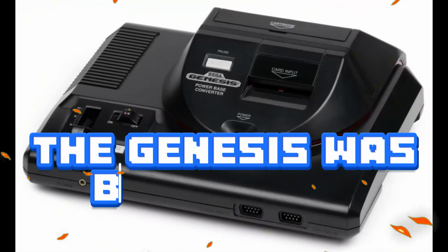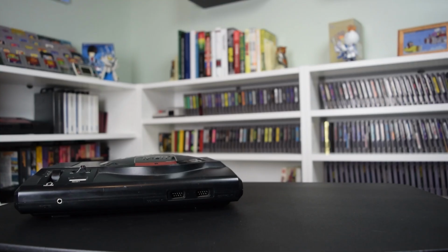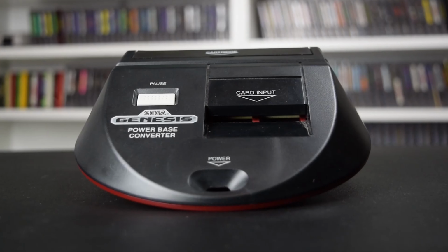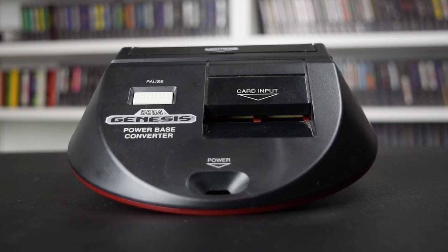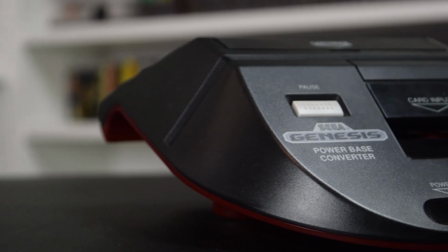The Genesis could play Sega Master System games. Well, sort of. Here's a fun term you've probably heard before. Backwards compatibility. Sure, it might sound like techno jargon to non-gamers, but for those of us in the know, it's been a huge part of gaming culture almost since day one. In case you're not familiar, backwards compatibility is when a console can play games from its older siblings. Like when an Xbox One lets you dust off those Xbox 360 and original Xbox games you haven't touched in